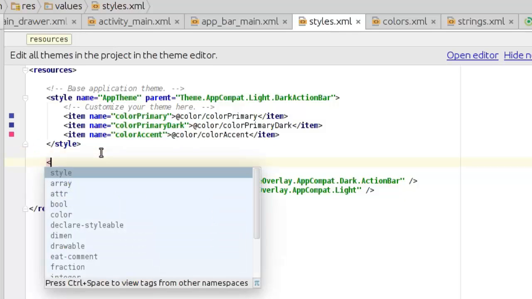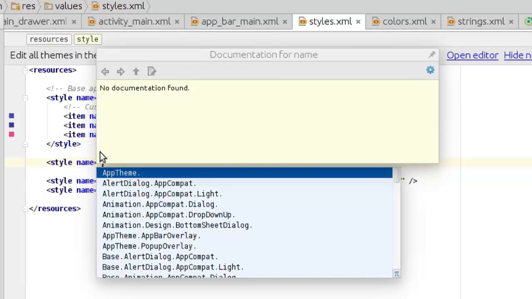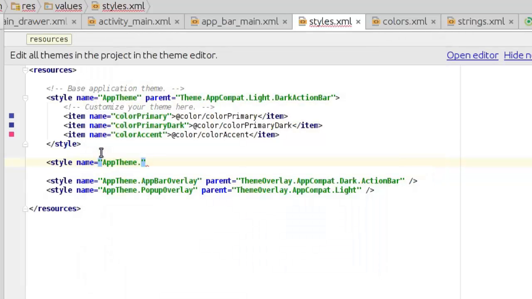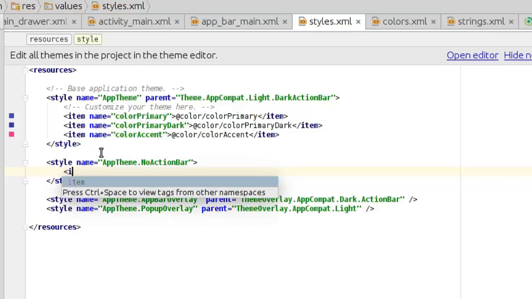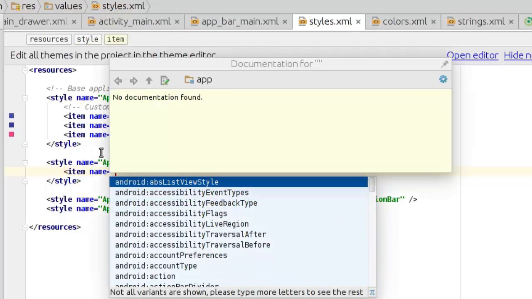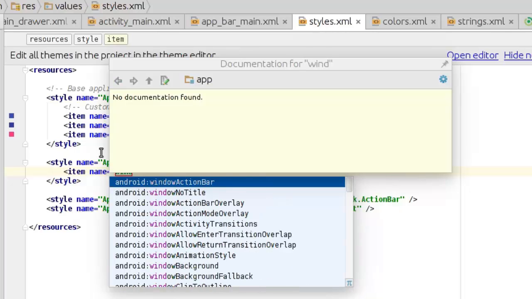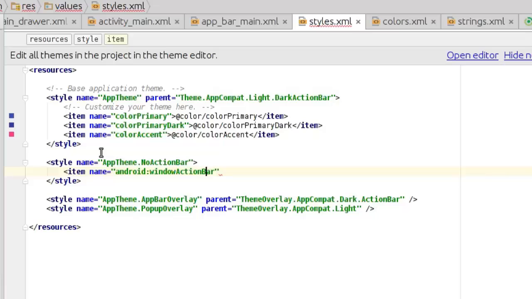And we also need another theme, which is for the no action bar, because we actually don't need an action bar. We're going to call this right in the manifest. So just watch how we integrate that. With an item name of window action bar, we don't need this. Set that to false,